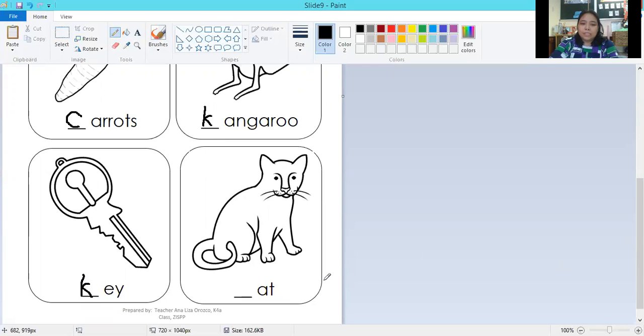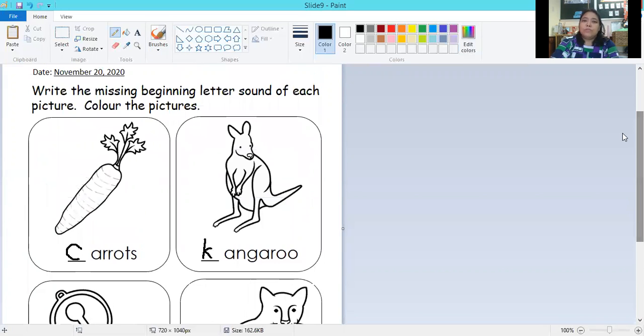Okay, and the last one is a cat. Cat. So what letter will we use for the word cat? Yes, so it's the letter C. Very good. So after you write your answers, make sure you...